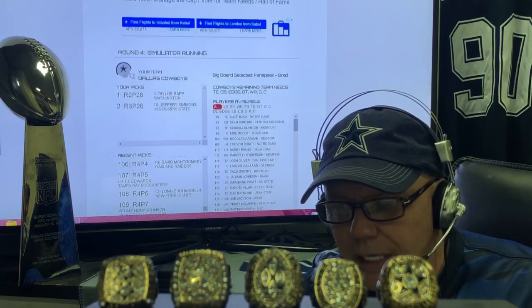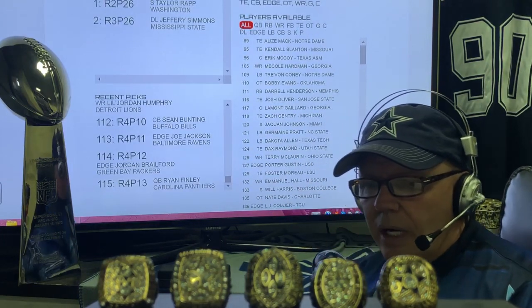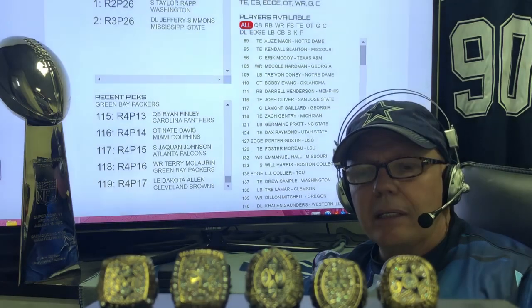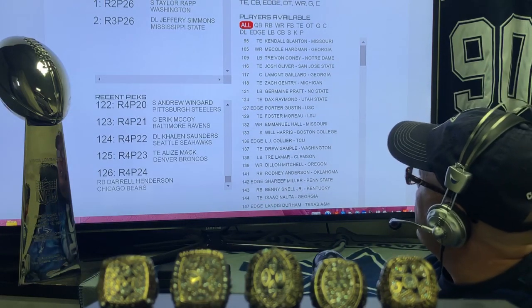It's still telling us we need a tight end, which I don't think we will go with a tight end now that we've got Jason Witten back. So in some ways, the draft isn't extremely accurate, but it does allow you to see the windows where we're picking, and what players possibly are still available. On this pick,